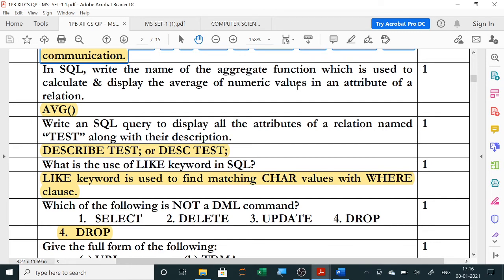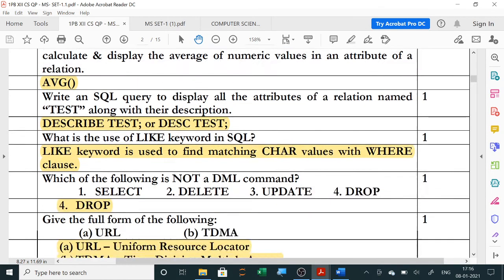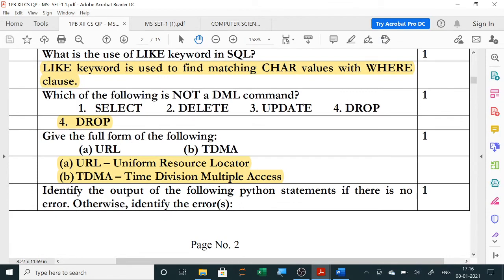Like, you have already used for matching the characters. So the like keyword is used to find matching character values with the where clause. How do you write it? You can write the example also here. Example, if you want to see all the names starting with A, then we will write select name from student where name like 'A%'.